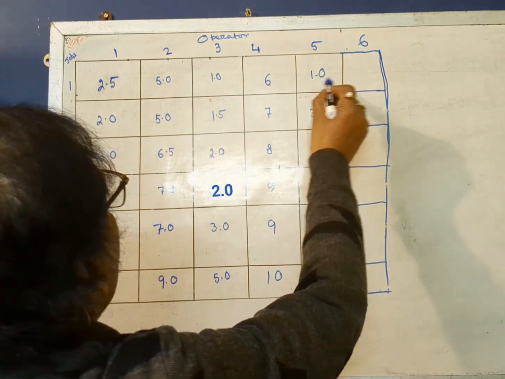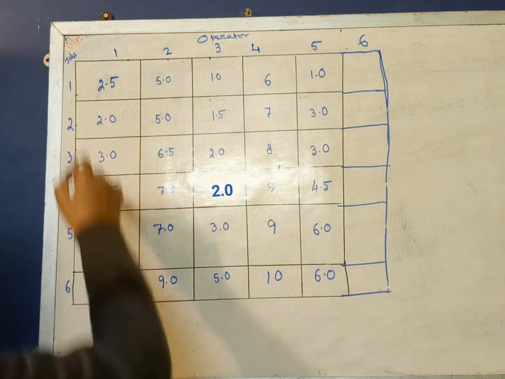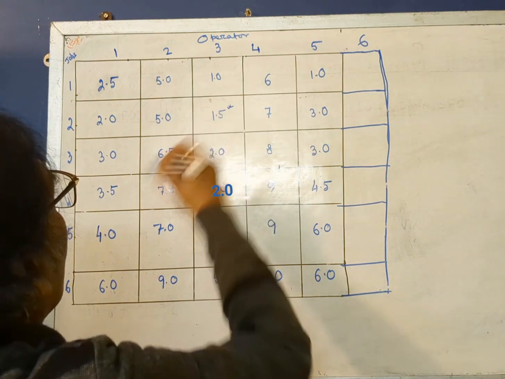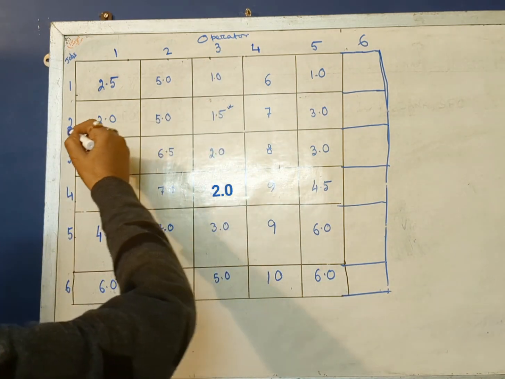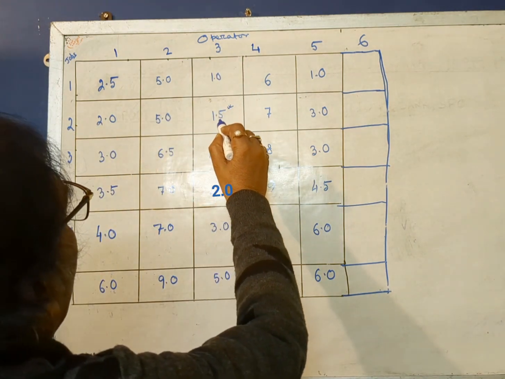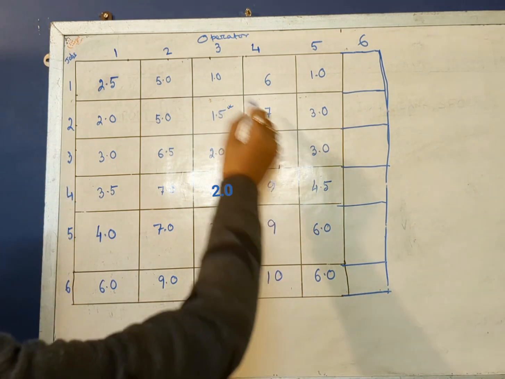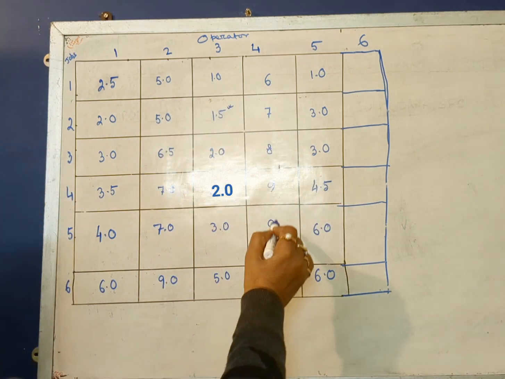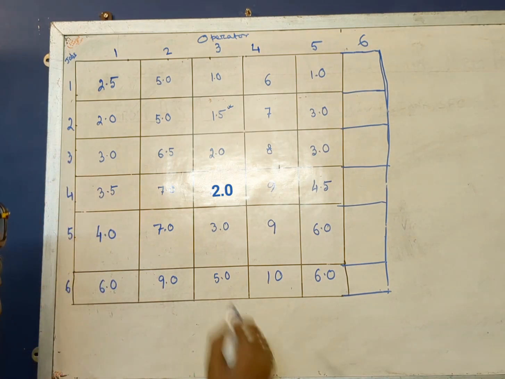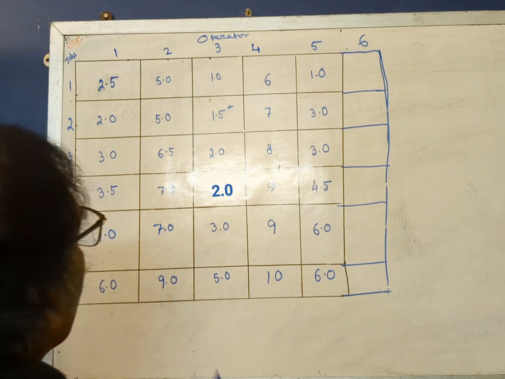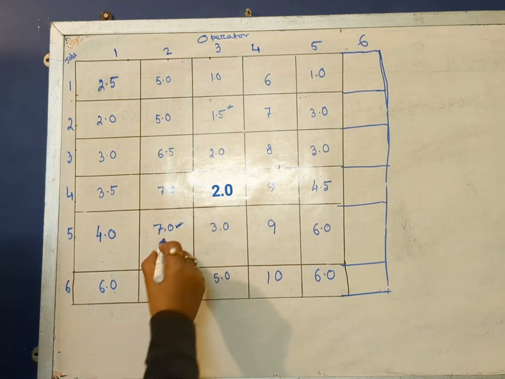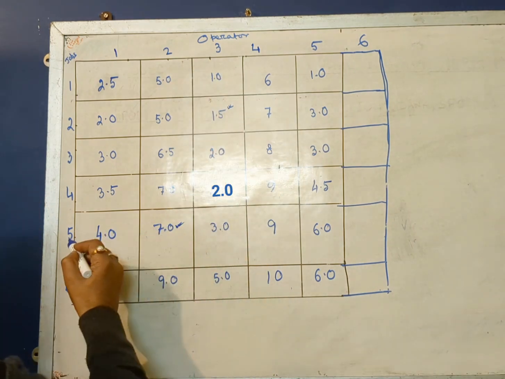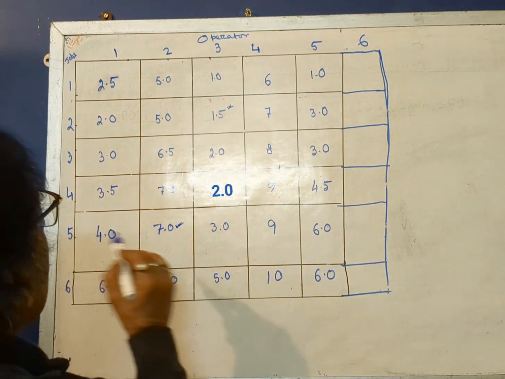And these are the times required to complete the jobs, all given in hours. If operator 3 is given job 2, then the time required to complete the job is 1.5 hours. In this way, the times are noted in this matrix. I am not repeating the logic, it is the same. Another one: this 7 indicates if operator 2 is given job 5, the time required to complete the job will be